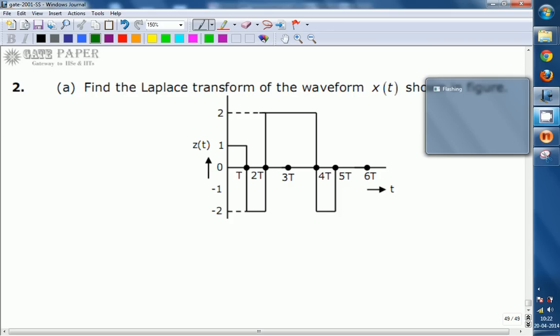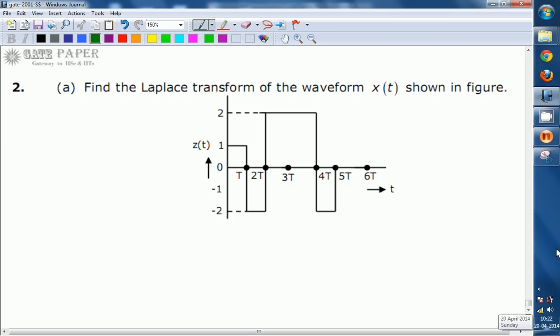Now we are going to see the question from signals and systems given in GATE 1991 as a 5 marks question. Here we need to find the Laplace transform of the given waveform x of t. So by writing the x of t